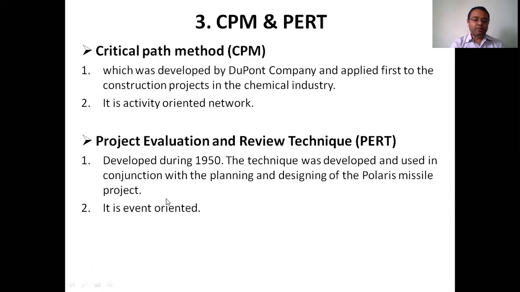For the 10-story building, we'll divide the total structure into, suppose, 10 parts, that is plinth level, floor level. So plinth level will be the first event. First floor level will be called the second event. Second floor level will be called the third event, likewise. Now next, get the particular difference between CPM and PERT. CPM is activity oriented. It requires material, manpower, machinery. These things are required in CPM.